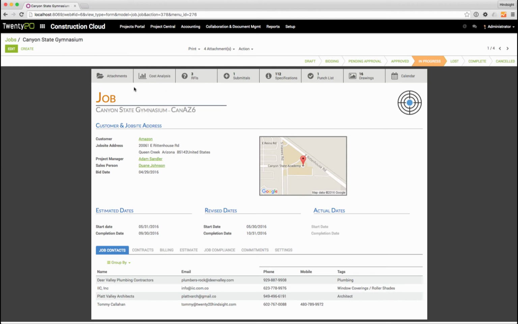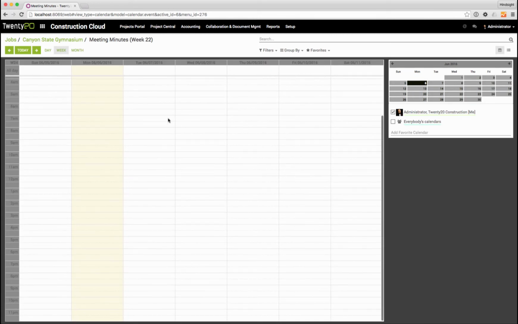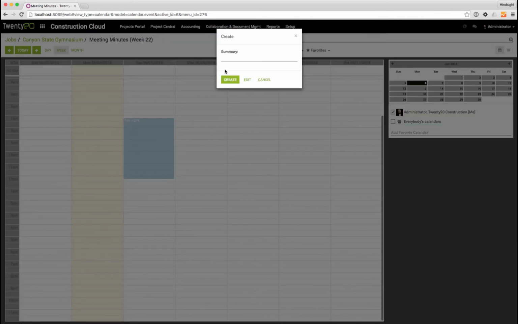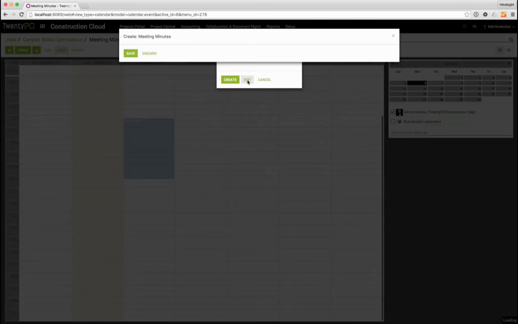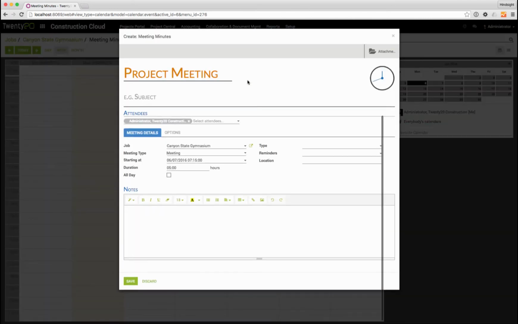So again, looking at these smart buttons up here at the top, they give us quick access to important information about this particular job. We'll start over here at the left. The job does have a specific job calendar. So if we click on this, we will see this job calendar. We can just drag and drop to go through and create different types of events or meetings. Here we have a project meeting where we can put in